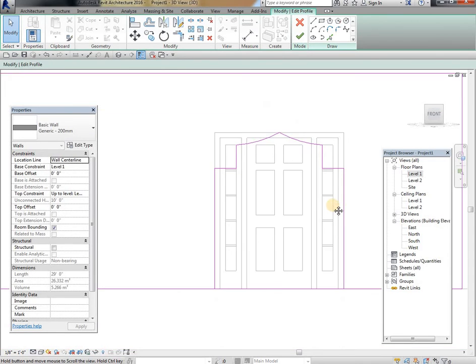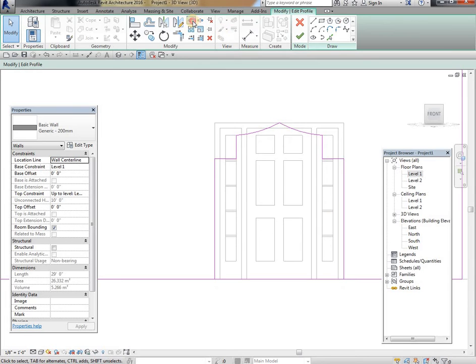Then select the Split option, split the element. I split it over here. Then Trim corner, select this wall and this one and this one. Then click Finish.